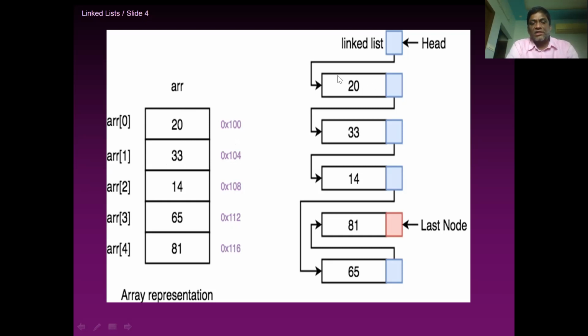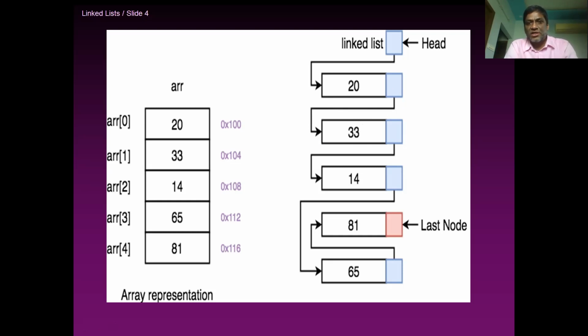Whereas in linked list, there is no concept of physical continuity. What happens is the first node points to the second node. The memory location of first node may be at some position, and the memory location of second node may be in some other position, but they are linked together with the help of a pointer. This is called a logical connection. That is why the elements in linked list are said to be logically sequential. They are sequential. 33 is after 20 only, but they are not in physically continuous memory locations. That is the concept you need to understand.